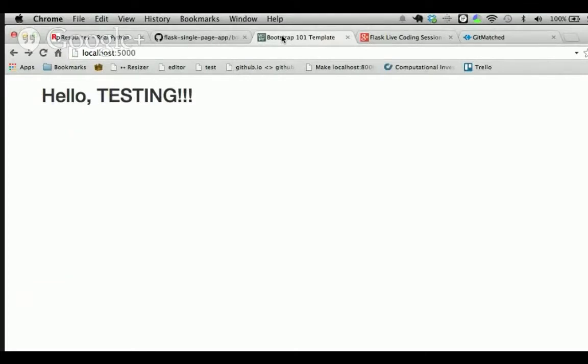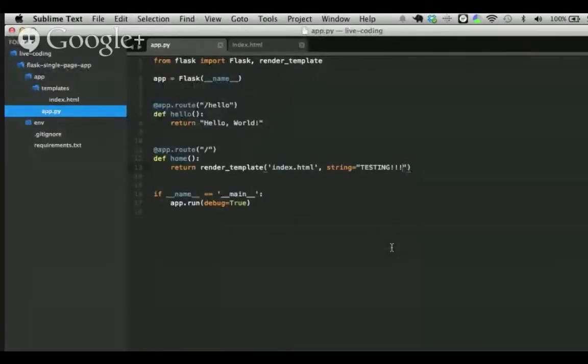Okay, so now let's go ahead and make this app dynamic. So back in Sublime Text, let's update this view function so that it takes a value through the URL query parameter. So we can do that by saying int value, and then we need to put a parameter here of value.